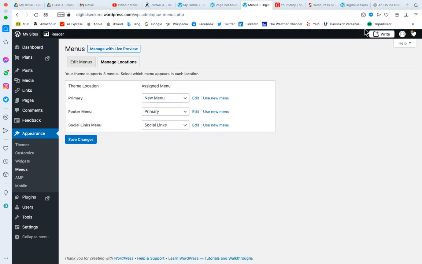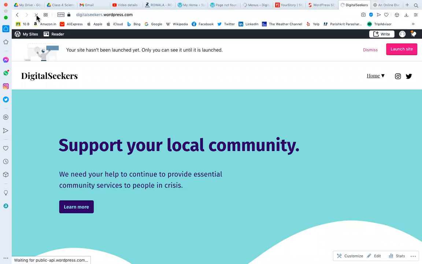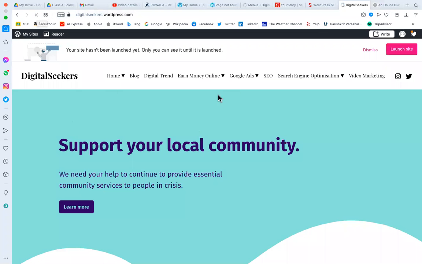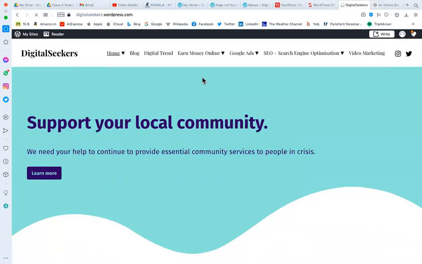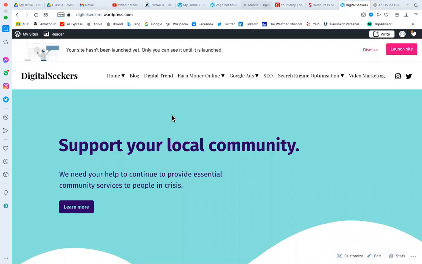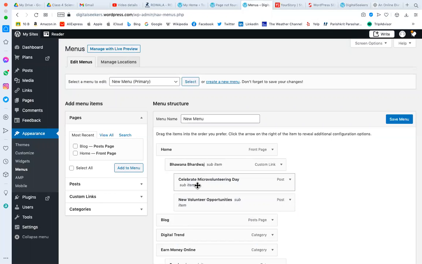Once it is done, you can refresh your page and see it. So we have created home, and within that home, if you see the menu structure, celebrate micro volunteering day, new volunteering day.